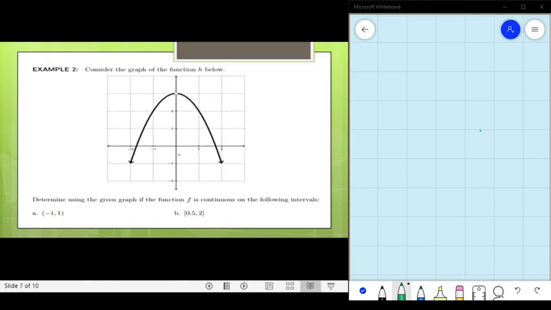Okay, what about the second function h? So we are going to determine if the function f is continuous on first the interval from -1 to +1, and second the closed interval 0.5 to 2. So in the first one,